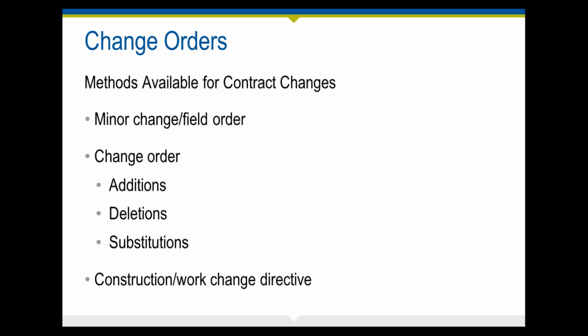A change order typically, though, means that there is something that has changed, right? It could be an addition. It could be a deletion, meaning that the scope of work that is going to be put in place has been removed, or it could deal with substitutions. And one thing that you should be aware of is that if you are indeed reviewing substitutions and something has been approved, that needs to be reflected in a change order. One thing that you as a design firm should be aware of is that the changes should be reflected in change orders. So if you're reviewing shop drawings, for example, and the contractor is proposing a substitution, the way to